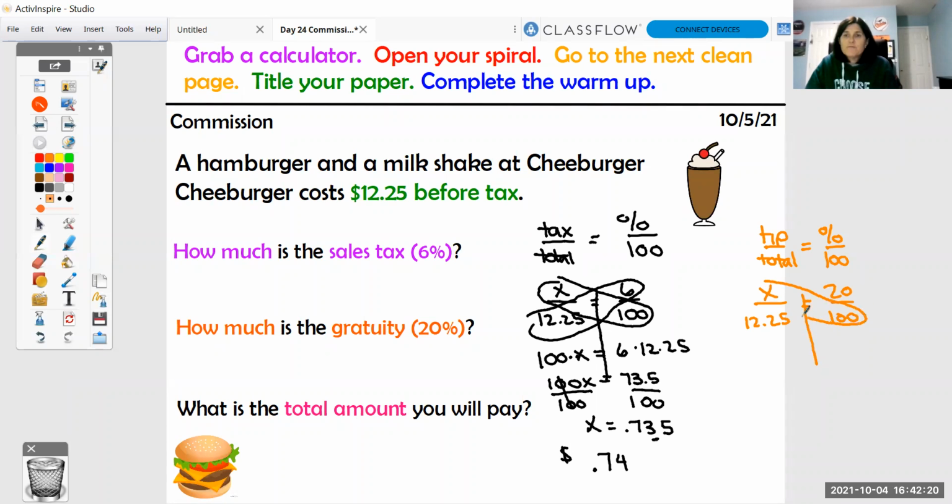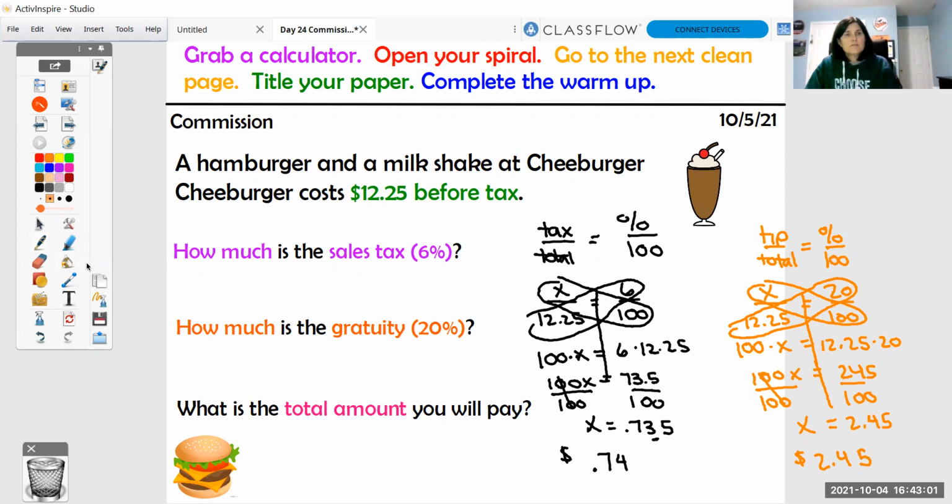I'm going to find my cross products. So 100 times x on one side, and we have 12.25 on the other. So 100x, and I'm going to use my calculator, and I get 245. And then I need to divide by 100 in order to eliminate this times 100. We end up with x equals 2.45, which means that the tip we're going to leave, the gratuity for the server, is